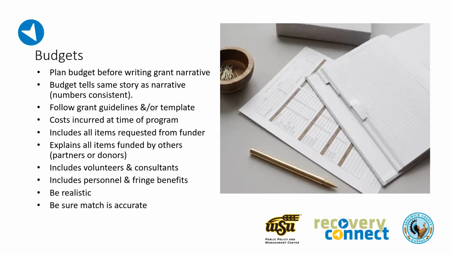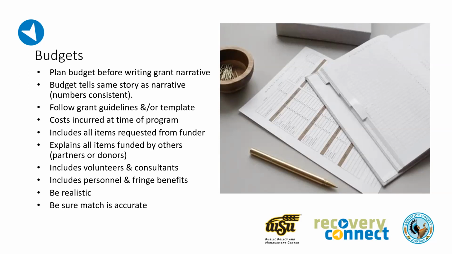Some foundations just ask you to develop your own budget form and enter it in the way that makes sense for your project. But anything that involves costs in the narrative, you have to have in the budget. I can't emphasize that enough. You always want to follow the grant guidelines or the grant template. You want to be sure that you are completing that correctly, so don't be shy about calling the program officer